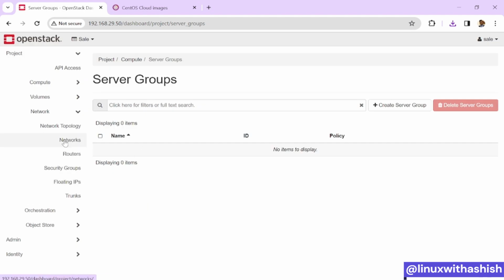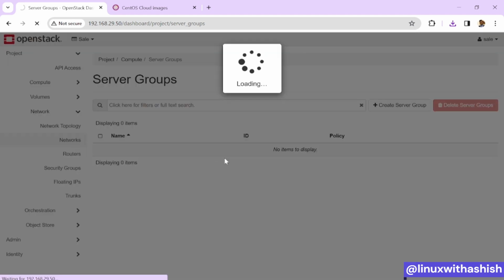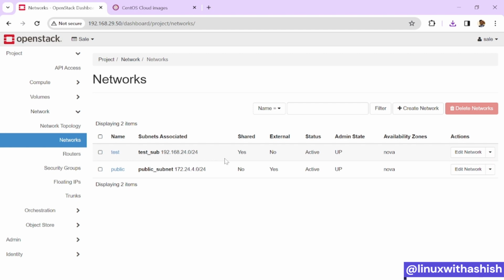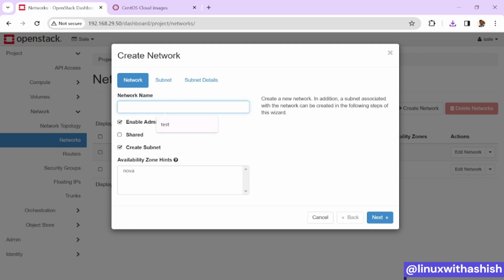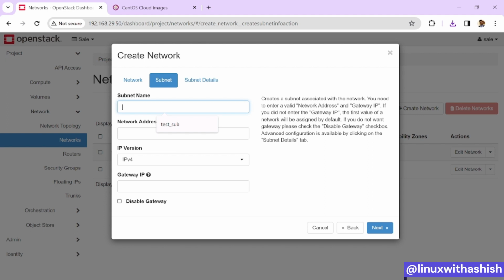Now we'll create a network. Okay, I will show you how you can create a network, or you can use your public one. Okay, or you can use any network if you want. So let me create one network. I will say cell underscore net. That will be a cell network, and we'll create a subnet for that as well. Okay, and it will be cell underscore sub for the subnet name,